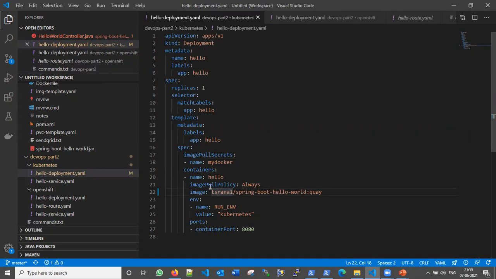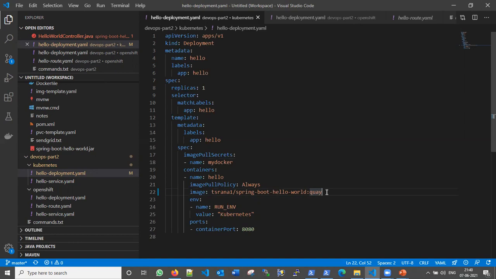Another important thing is that the imagePullPolicy should be Always. Here are two things: if your image tag is not latest, and as you can see my image tag is not latest, then it will pull the image only the first time and store this image internally in the cluster environment itself.